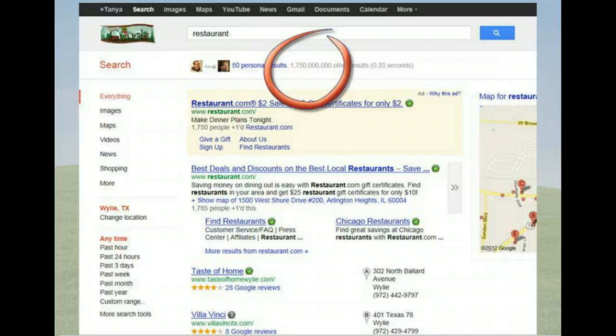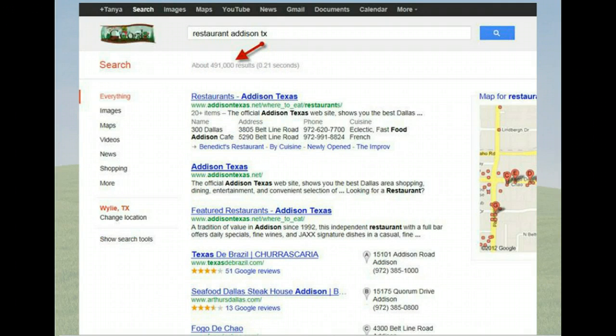Now, if you put in the word restaurant, and this is typically the way that people tend to search, very generically, this is not a time saver. I put in the word restaurant, and I literally get over 1 billion search engine results. Look at all those results. But what you can do when you're searching is tweak that further. I'm going to give you a couple of ways to tweak your search so that you can find what you want quickly.